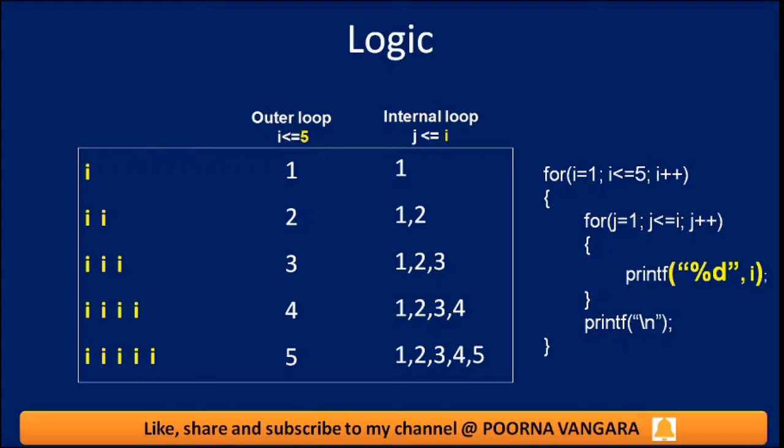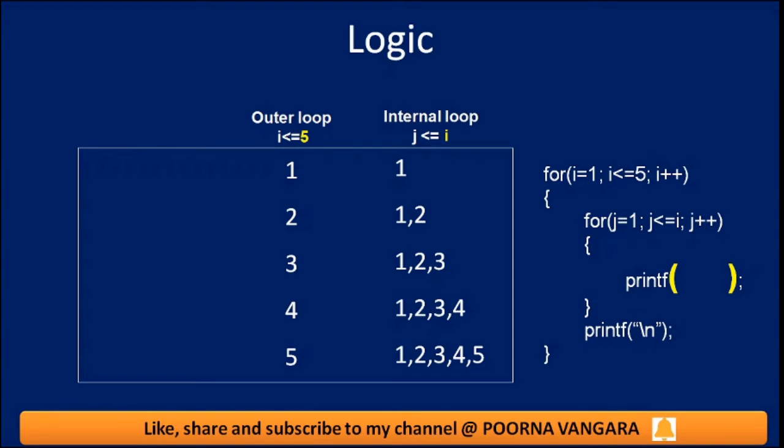Now, what is the value of I? Whenever you are looking at the first line, what is the I value? I value equal to 1. So that means you need to replace the first I with 1. Look at the second line. In the second line, you have 2 I's. What is the I value? 2. So these 2 I's must be replaced with 2, 2. In the third line, 3, 3, 3. In the fourth line, 4, like that. This is very straightforward, a fixed value.